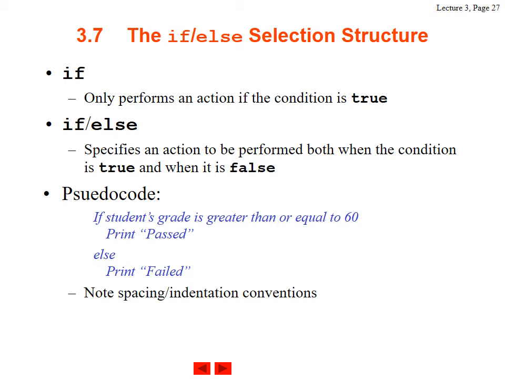So the if else statement. Remember we said if you say if and the condition is not true, then it does nothing. But sometimes if you say if, you want to say otherwise there might be this other condition which might be true. So in that case you can use the else statement. If student grade is greater than 60, print passed, else print failed. Right? So I'm now saying if it is not greater than 60, we are now going to print